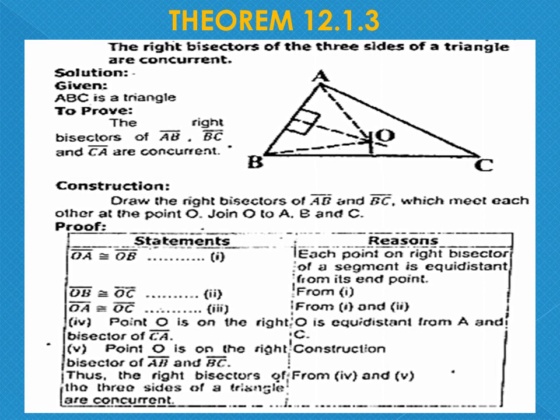So it means all three right bisectors are meeting each other at point O. Since their meeting point is one point, we can say in other words, yes, the right bisectors of all three sides are concurrent. This was actually the definition of concurrent, where two or more lines meet each other. This point is known as a concurrent point. So here we are saying, yes, all three right bisectors of a triangle are concurrent at the single point O.